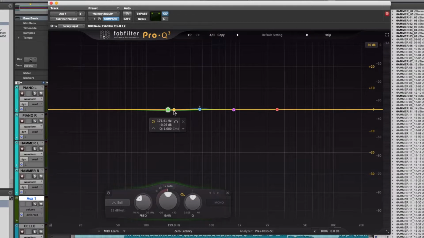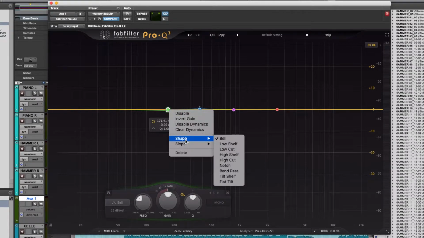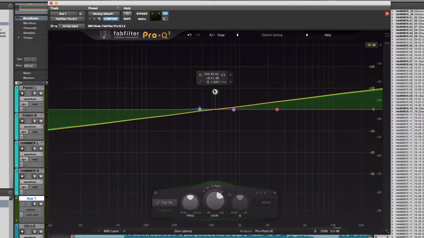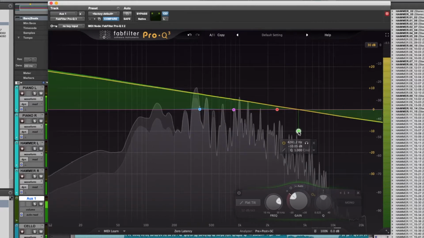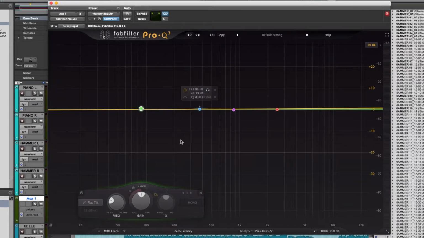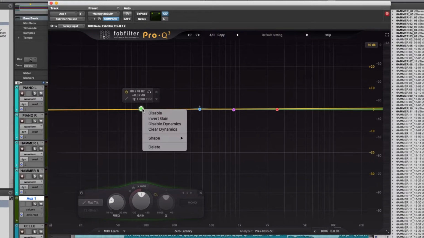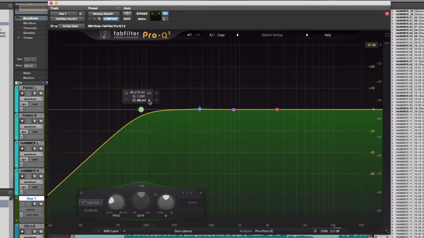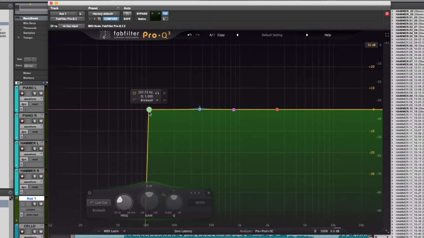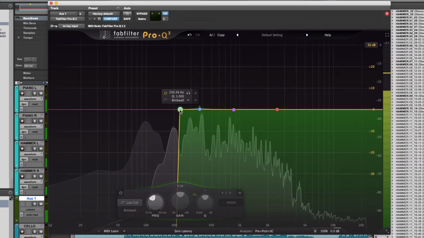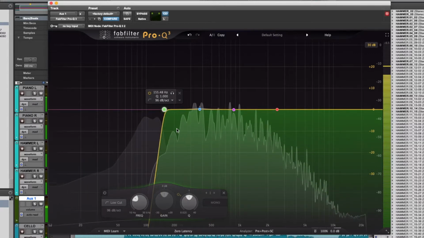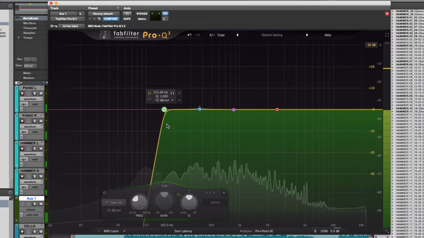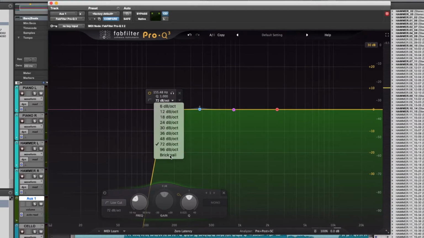There are a bunch of new shapes in the plugin as well. For starters, there's the new flat tilt shape, which adds a diagonal line to your EQ. Interesting for balancing out the bass and the treble a little bit. There's also a new brick wall setting, which does exactly what you would expect it to do. Simply change the shape to low cut, then hit this button here, brick wall. It allows you to easily filter out frequencies on a really dramatic level. We thought 96 dB or 72 dB was already pretty impressive in previous iterations of the Pro Q plugin, but brick wall is really the whole way.